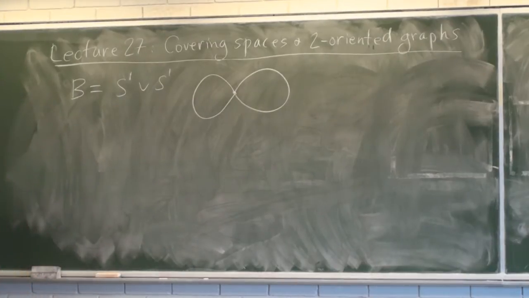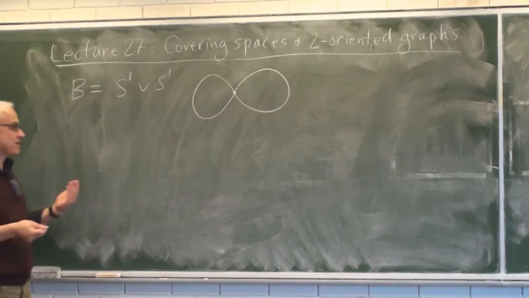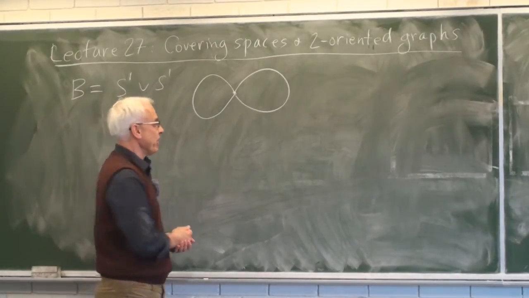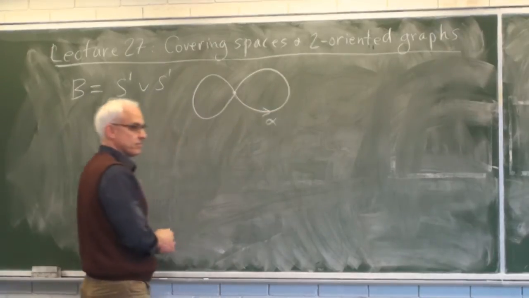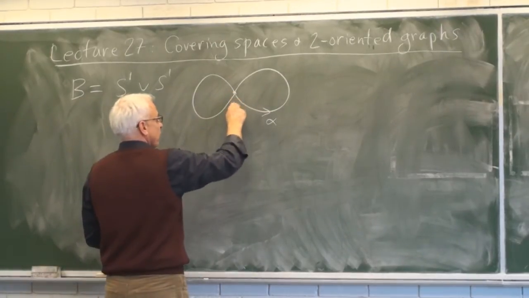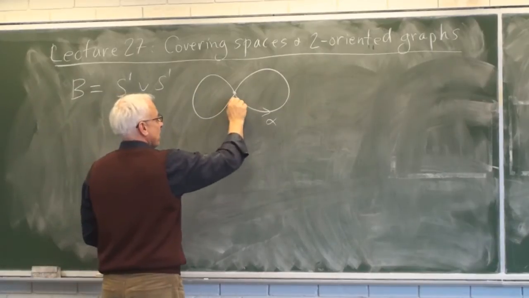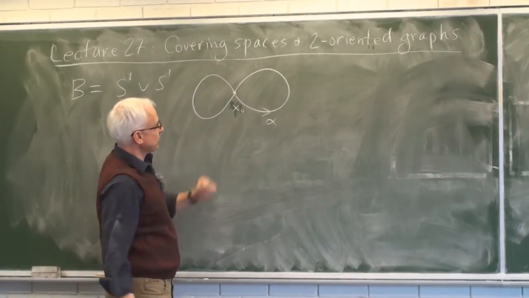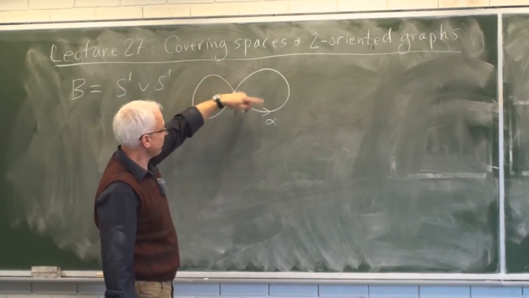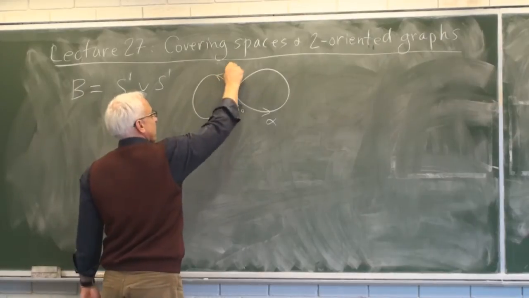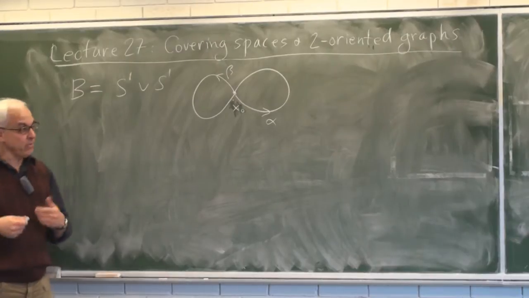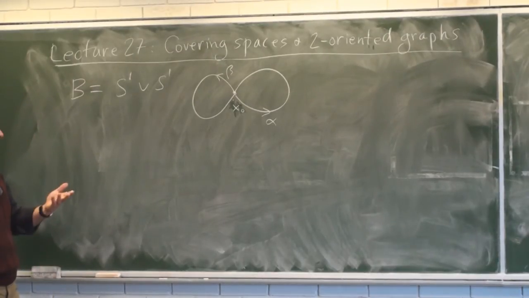Now, this space, in terms of its fundamental group, has two obvious generators. There is a loop alpha, say, we'll use this as the obvious base point. Maybe we should call it B. No, we'll call it X0. So there's one loop alpha going around this way, and another loop, say, beta, going around in this direction. And then by composing various powers of alpha and beta, we can get some rather sophisticated loops in this space.